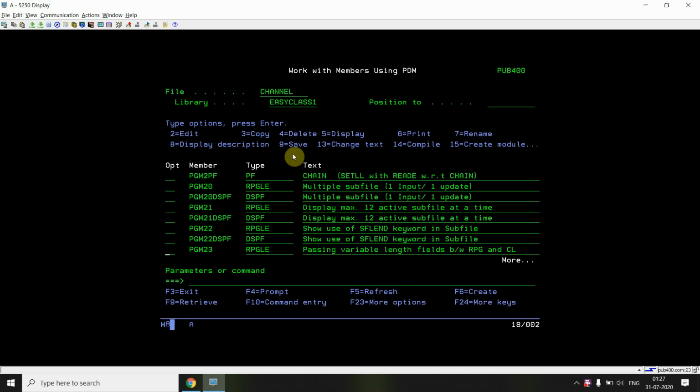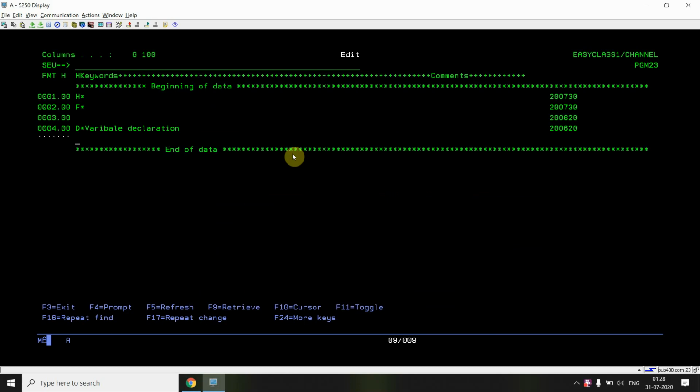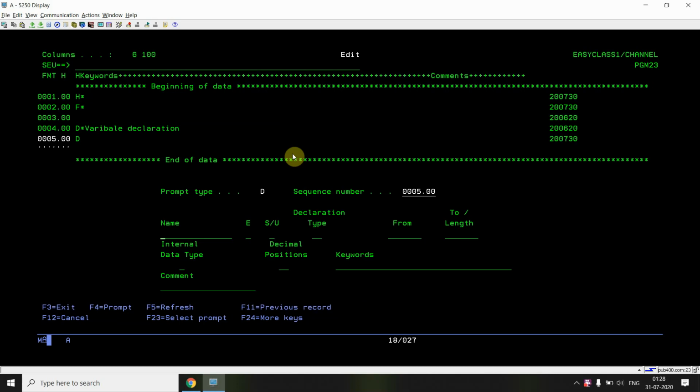For example, I'm going to write an RPGLE program, taking an input parameter from a CL program, as we are dealing with passing variable length fields between RPG and CL. I define one variable in the F4 spec named varfld1, declaration S, length 10A, and I provide VARYING.